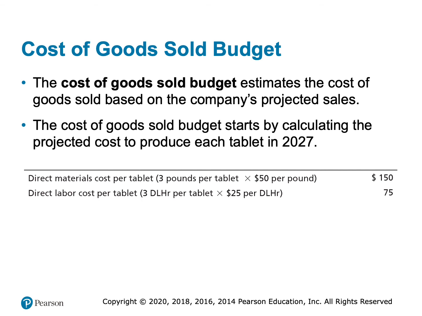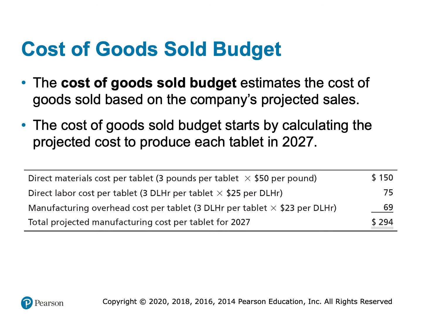So now we need to go to the overhead. So we know that overhead is applied at a rate of $23 per labor hour, and based on the labor budget, we know that each unit is expected to use 3 hours of labor. So 3 hours of labor at $23 per hour is $69 of overhead cost. So we expect all of our units that we produce in 2025 to have a total cost of $294. So every time we sell a unit, we're going to debit cost of goods sold, credit finished goods inventory